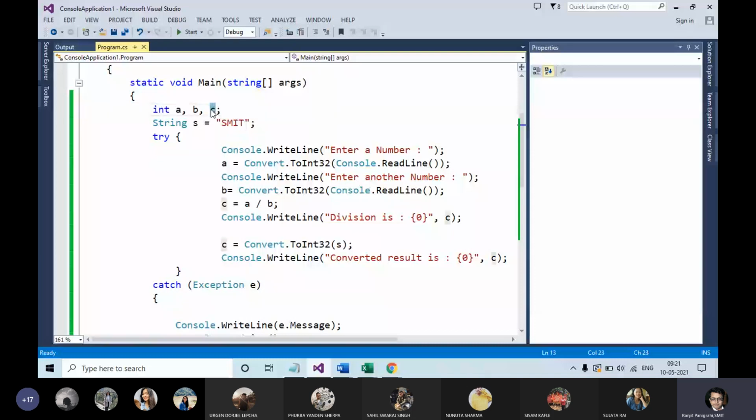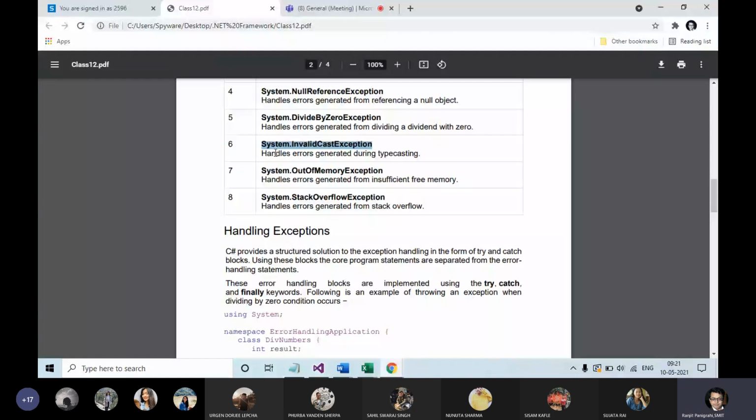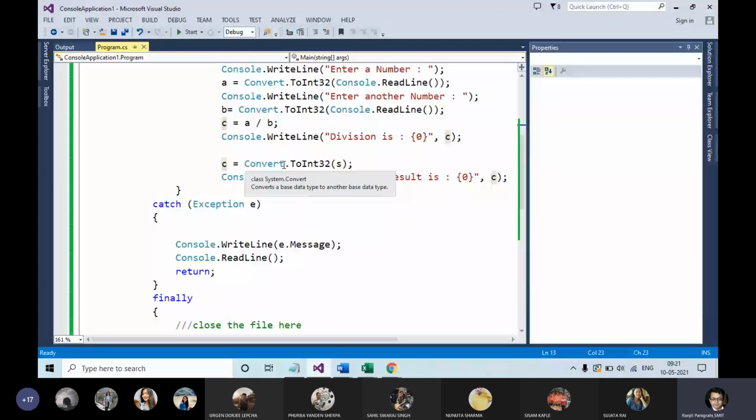So ultimately, it is creating an object of which class? It is creating an object of the System.InvalidCastException class, and it has been thrown out. And that exception has been taken care of by the exception object, that is E. As a result, you are getting E.Message as an output. Am I clear to all of you?